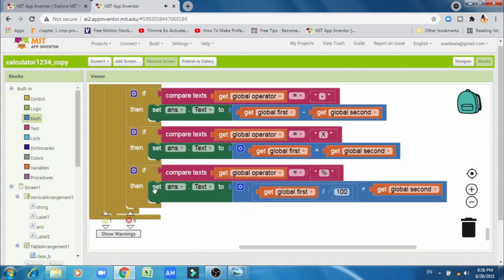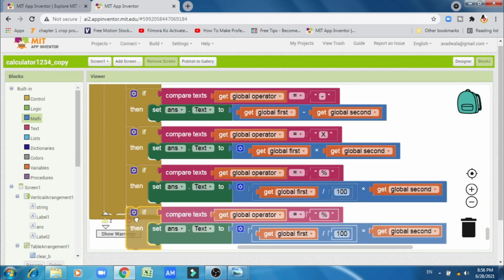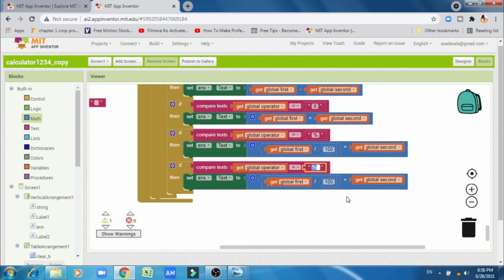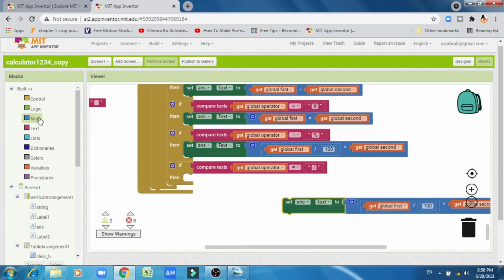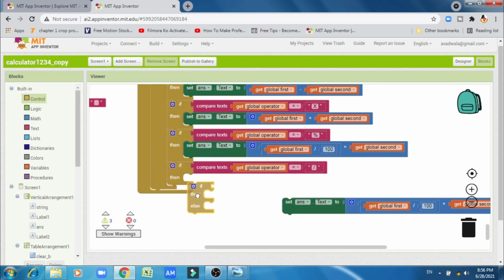Now for division, it is also a little bit changing in division also. We have to give if then else loops here. So if we should know that in division the denominator part can never be 0.